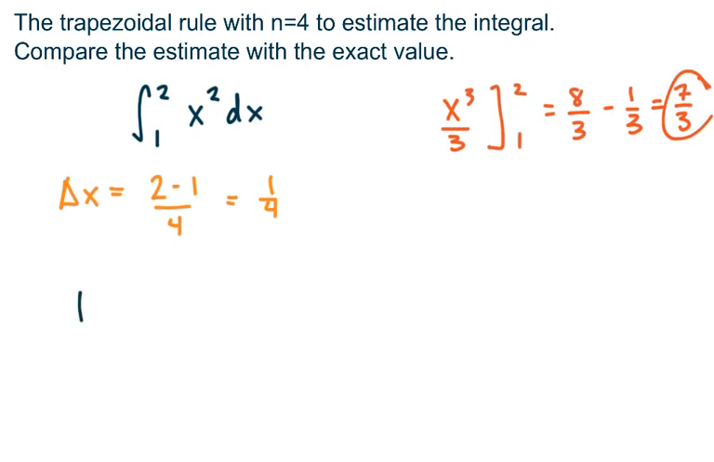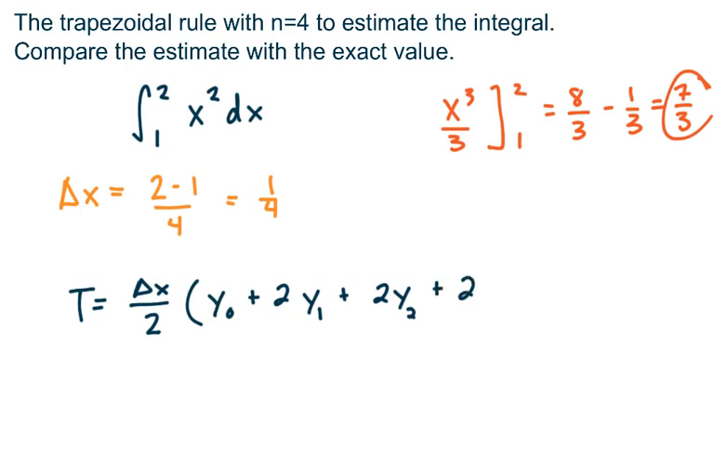So let's recall what our trapezoidal rule is going to look like. T equals delta x over 2 times my initial y value, or my initial output, plus 2 of my y sub 1, plus 2 of my y sub 2, plus 2 of my y sub 3, plus my last value, y sub 4. So the first and the last terms aren't doubled, but all of the terms in the middle are. And those are calculated using